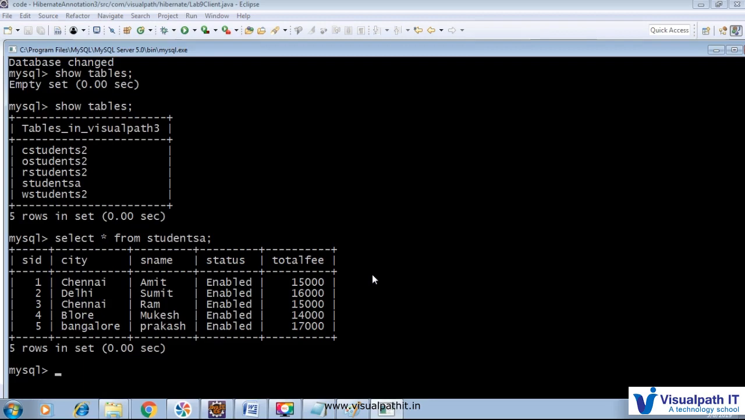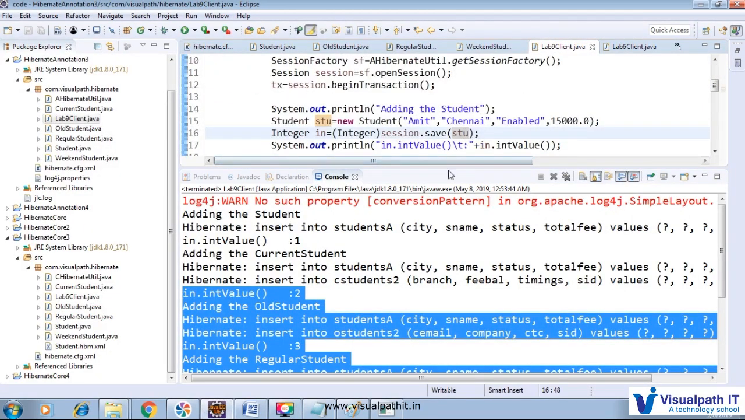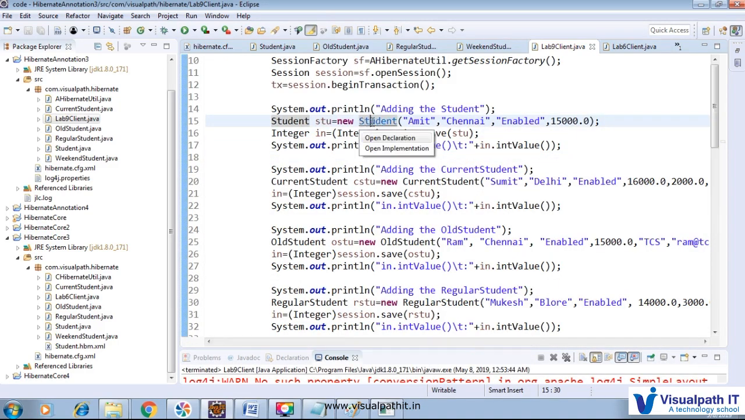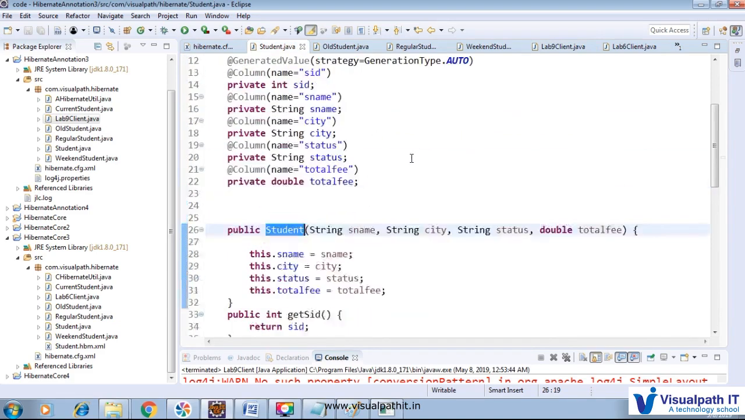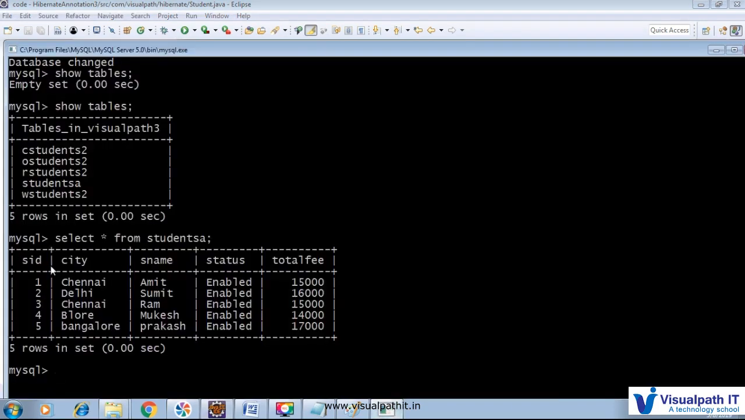So here SID, CT, SName, status and total fee, this is the information we stored related to a student. So student related information, student class. A student has these fields: SID, CT, SName, status and total fee. Other than that,